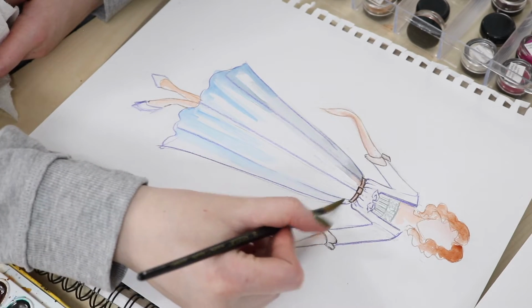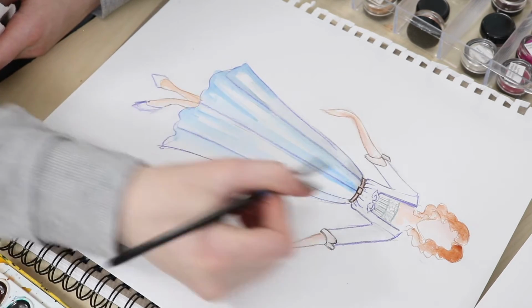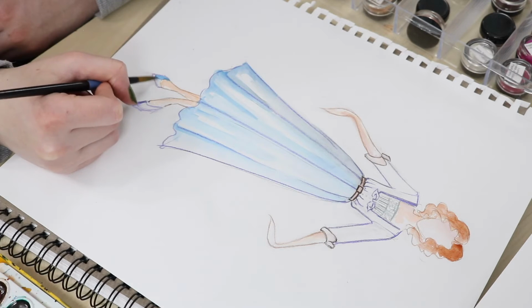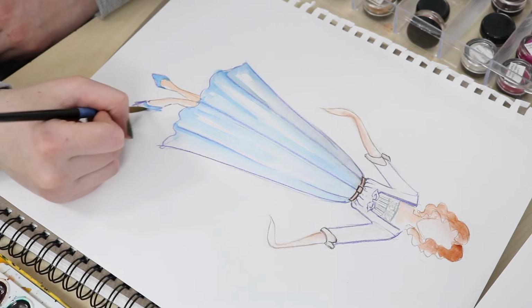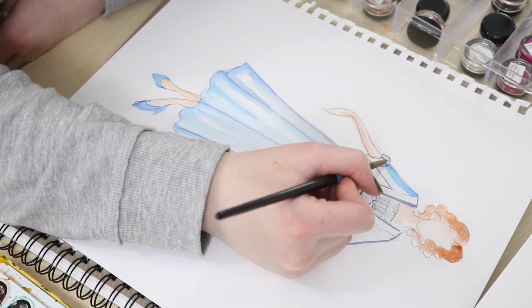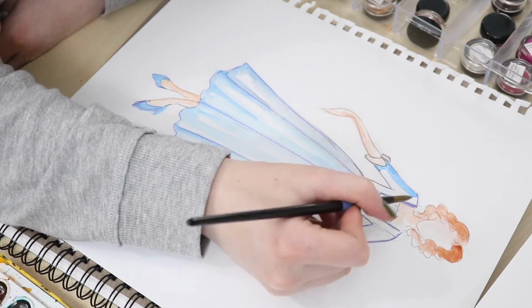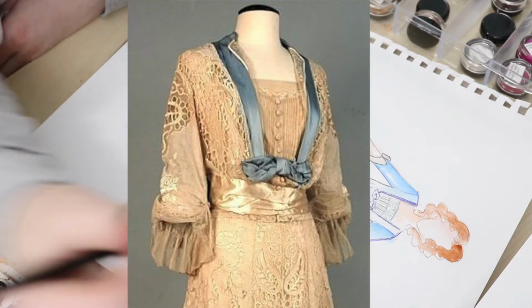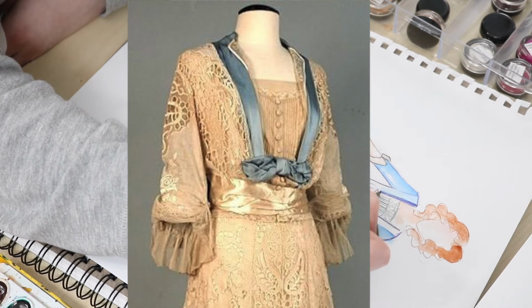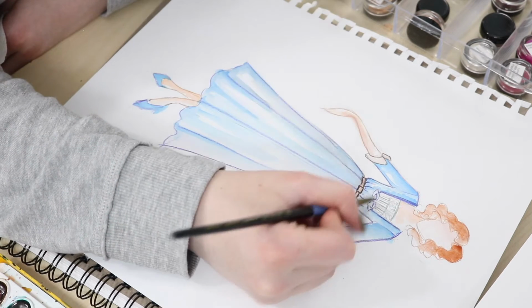And again, cut it so it's relatively wide, but since the fabric itself is so lightweight, it would fall in a relatively modest, smooth manner, and it wouldn't have that really large silhouette that you see when she's dancing, unless you are actively spinning in the dress. And this was based off of some examples from the latter half of the 1910s, so it's probably a little bit early for when this movie was actually supposed to take place, but I thought